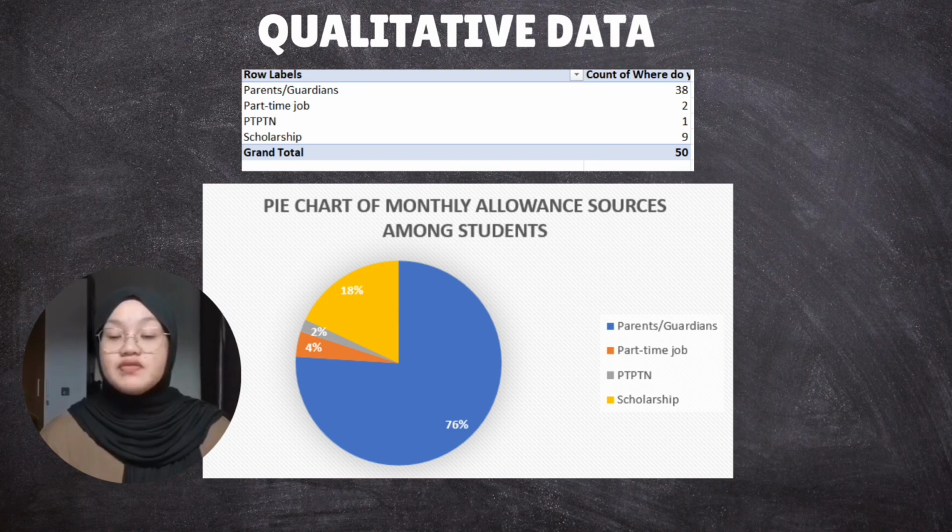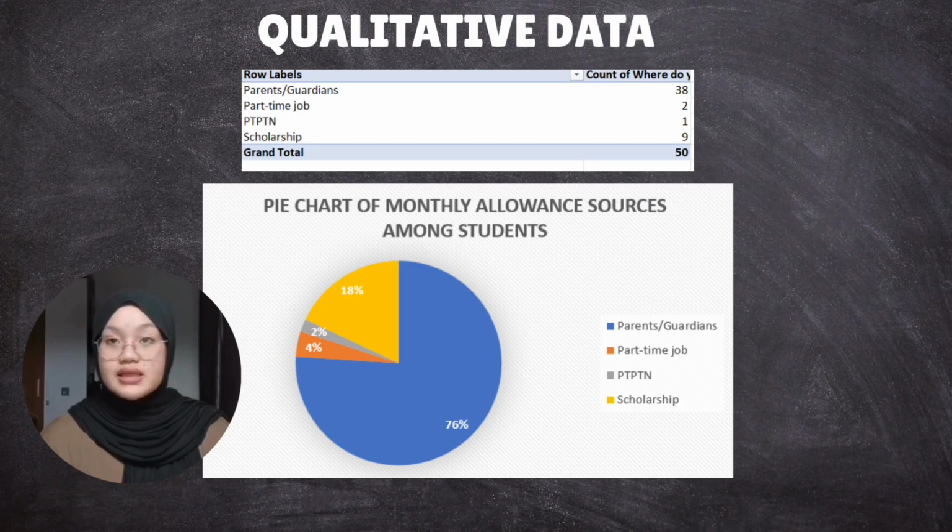As you can see in the pivot table provided, 38 students receive their allowance from parents or guardians, 9 students from scholarship, 2 students from part-time jobs, and 1 student received their allowance from PTPTN. As shown in the chart, the majority of students receive their monthly allowance from their parents or guardians, making up